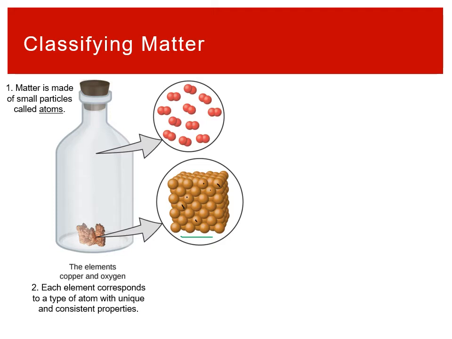They can't be broken down in any further way and still have matter come out the other end, or once you break it apart. And so these types of atoms, these elements, have unique and consistent properties. So in this example, where we have copper as a solid and oxygen as a gas up here, you can see that oxygen has properties that will always be the same.